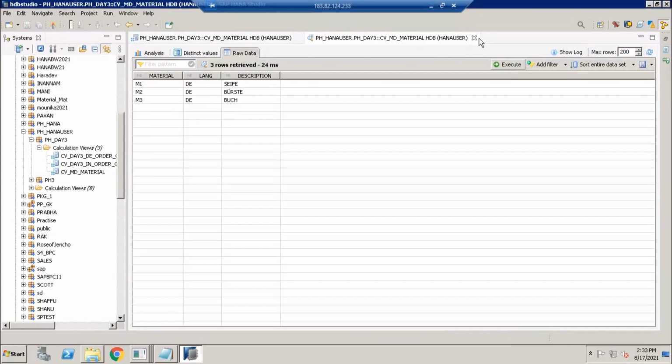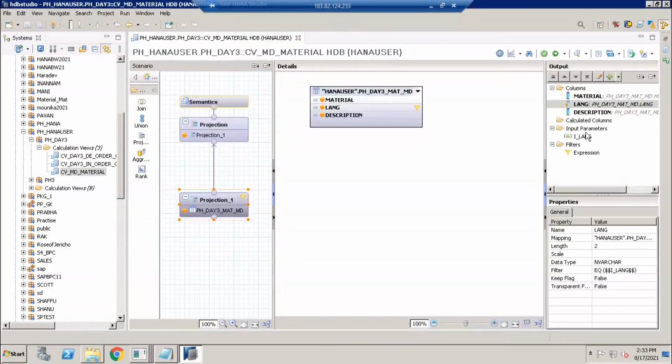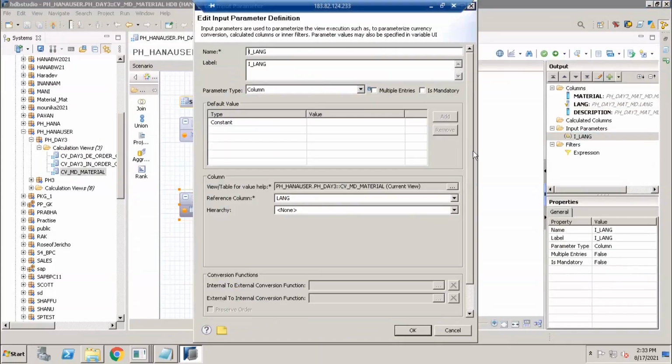In this input parameter variable, reference column and constant: no need to maintain a constant here. If you want to define one constant, you can define it here, but if not, also fine, no problem.